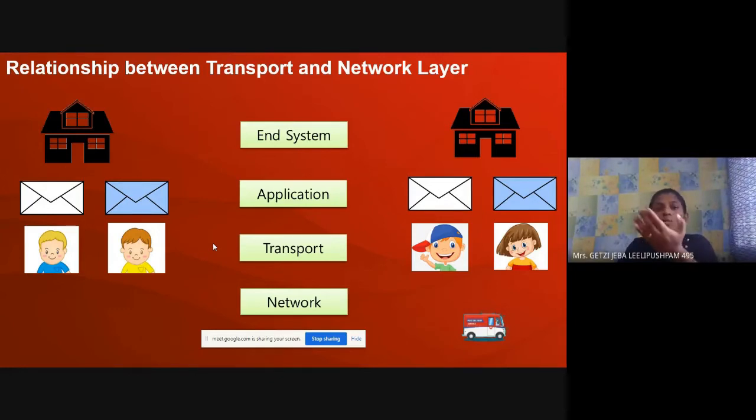But from the home, who has to take the letter for themselves? The application has to take it. This person has to go to the mailbox and check, oh, this is for me, my name is there. And she has to go and check the mailbox and take it, oh yes, this is for me, my name is there. So this is the relationship between the transport layer and the network layer. The network layer's primary purpose is to take your packet from the source to the destination. The transport layer's primary focus is to deliver the packet to the application, or to get the data from the application.